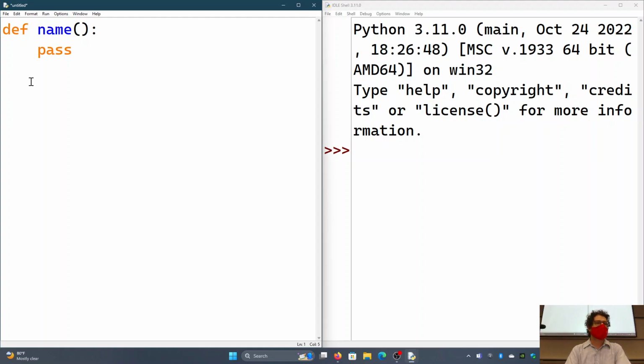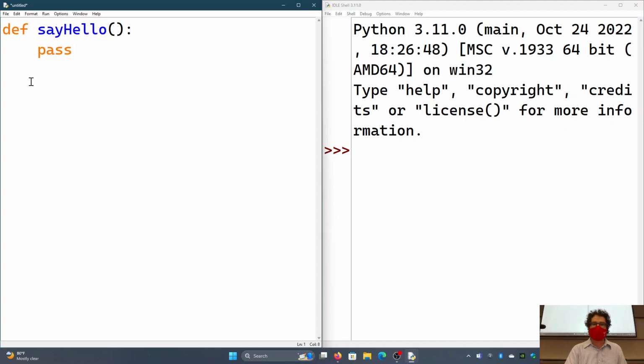Okay? The name can be whatever we want it to be, but that's the name of our function. So I'm going to call this one say hello, because that's what I'm going to do. I'm going to write basically a super basic function to begin with, which is just going to print out hello world for us. I know that seems really redundant, but I promise I'll expand on that in a bit.